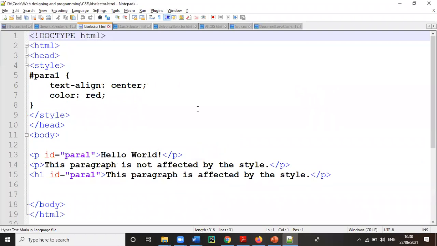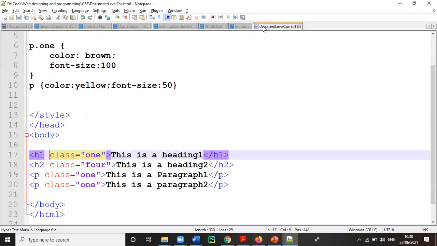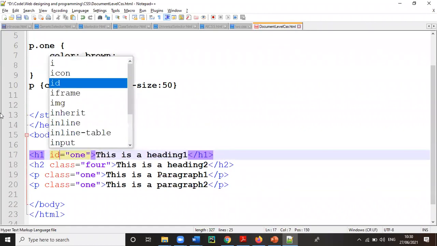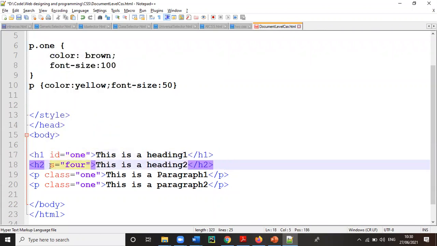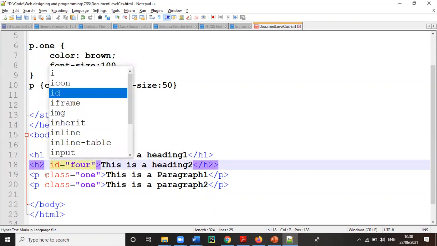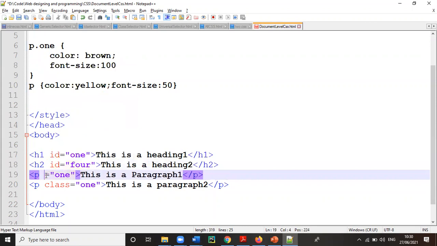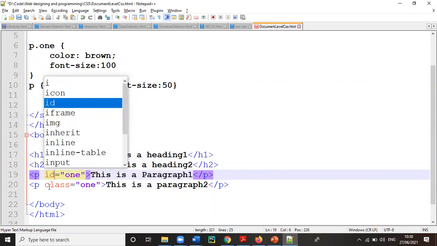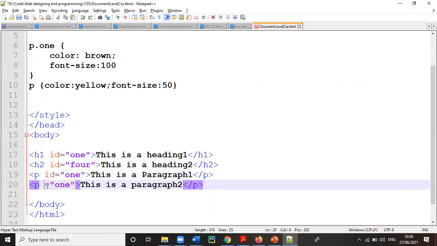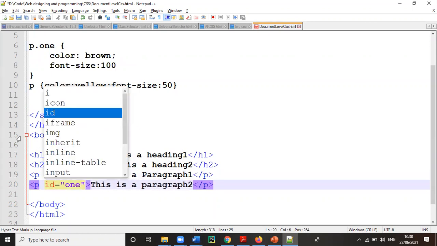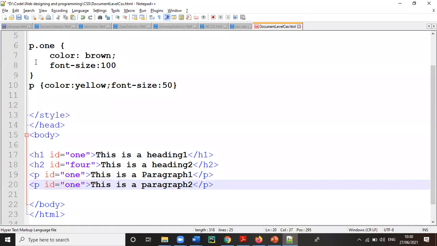Then we'll proceed with the next one, which is called the ID selector. And next time, quickly I'll specify with this. We have, for example, let me type this. What I'll do is, instead of class, we can use the ID also. As you can see, there are 4 prominent selectors. One is style, one is ID, the other one is class, and the 4th one is the title. Those are called the selectors. So you can specify like this. So instead of class, you can use ID also. However, in case you use ID,